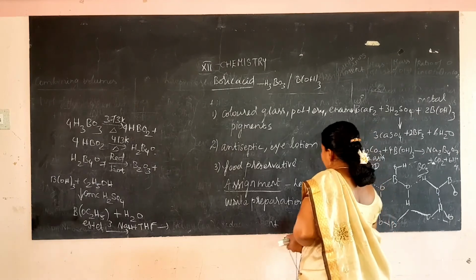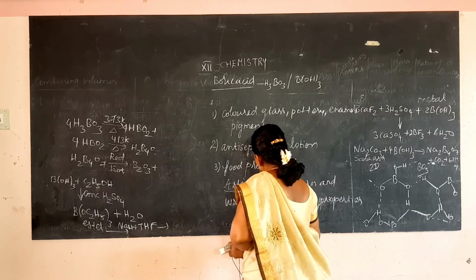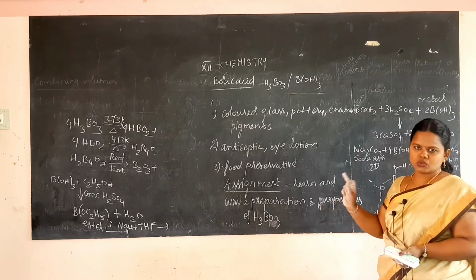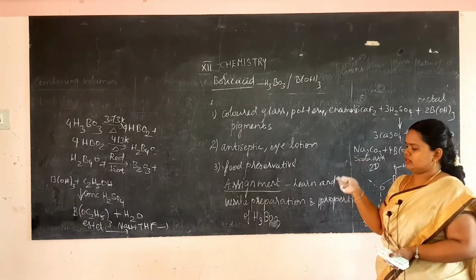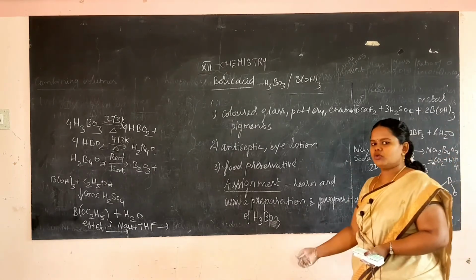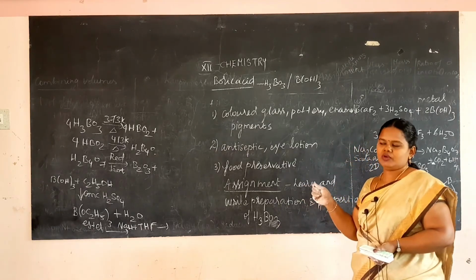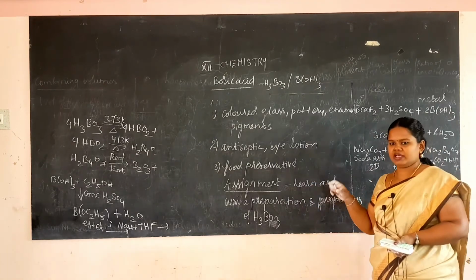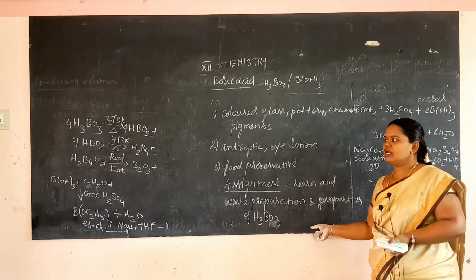That is H3BO3, properties of H3BO3. Don't write the uses and structure, only write the preparation. There are 2 equations in the preparation and 10 equations in the chemical properties. So equations are very important. Although you give an explanation, writing the equation is very important. Write and learn. When you just memorize, you can't remember, so you have to write 2 or 3 times. Keep a note aside, write and learn, then only can you study chemistry easily.